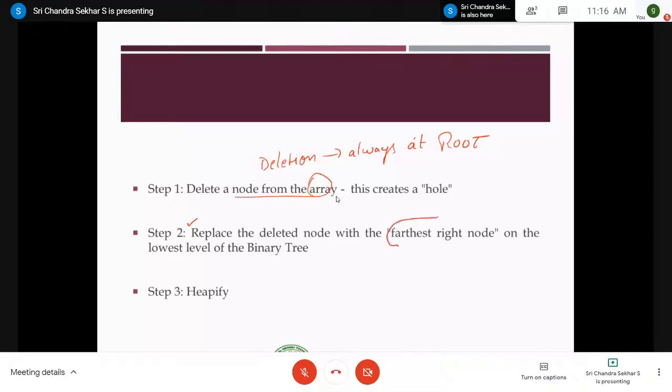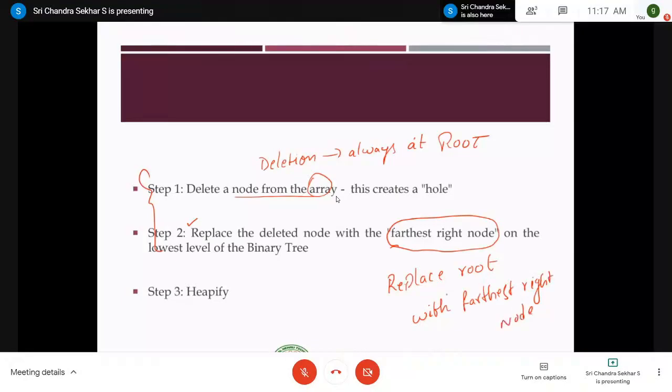So you replace the root node. Very simple. You can combine these two steps: replace the root with what element? It is nothing but the farthest right node. This we'll see. It's not an issue, right?